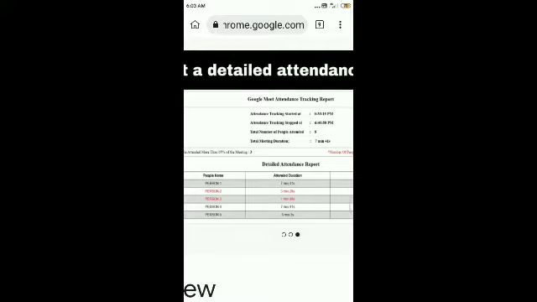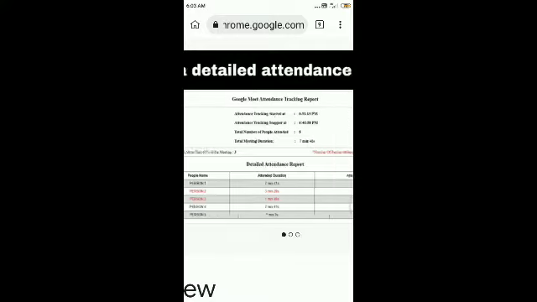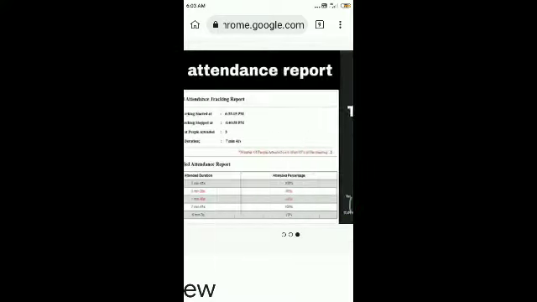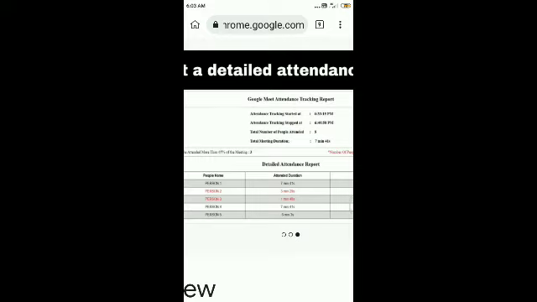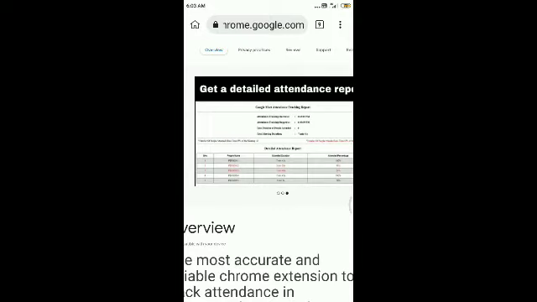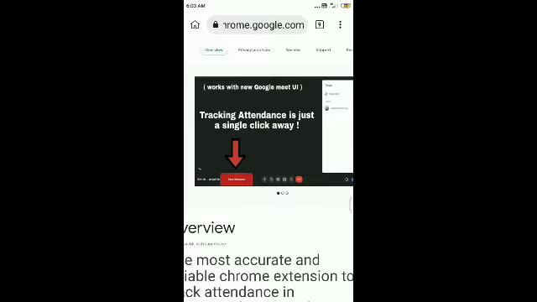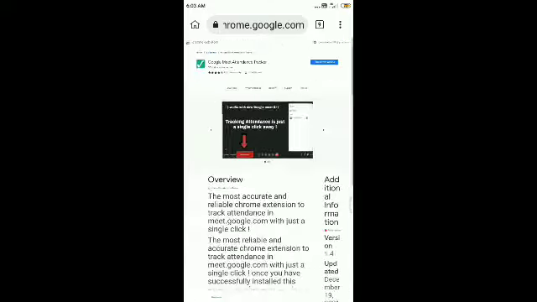Person 3 has attended 1 minute 48 seconds. So you will be able to understand about the activities of the students, about the timing they join. So that's about this extension.